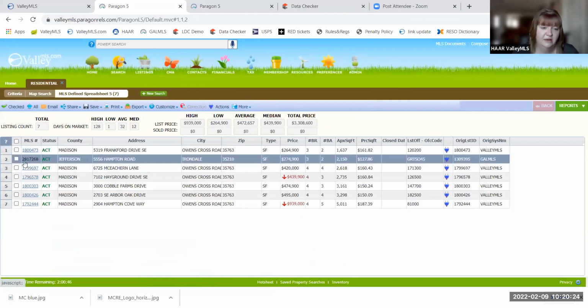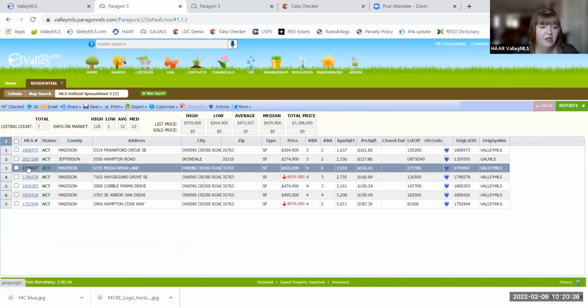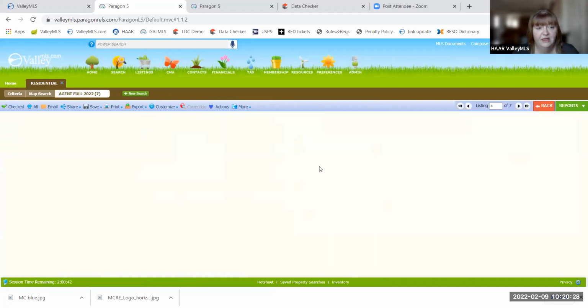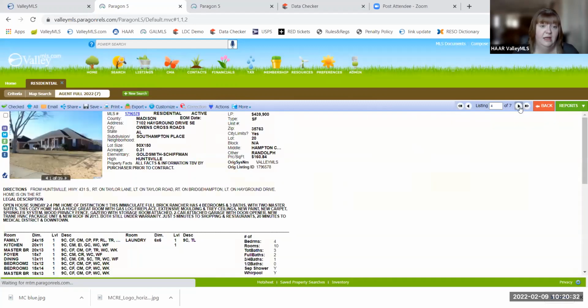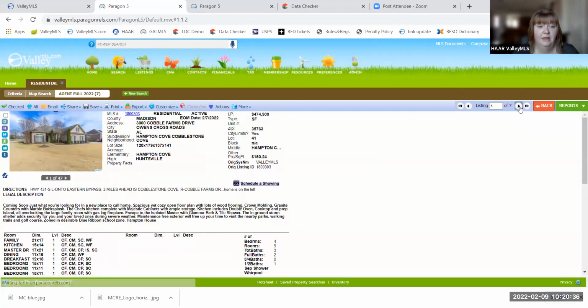So that's those there. And then just back to our results, you can see here, again, I knew right away looking at that that was not going to be from our area. But really what I wanted to show you is that we have Hampton Place. We also have Hampton Station, Southampton Place, Hampton Cove, Cobblestone Cove. And that is because we used the contains field. We did not choose a subdivision. We asked for it to look for any subdivisions that contained the word Hampton. You can get more specific. I could have typed in Hampton Cove and it would have only given me things that said Hampton Cove.